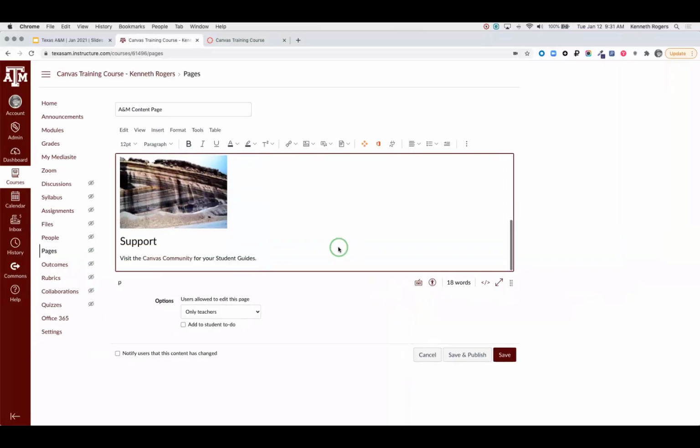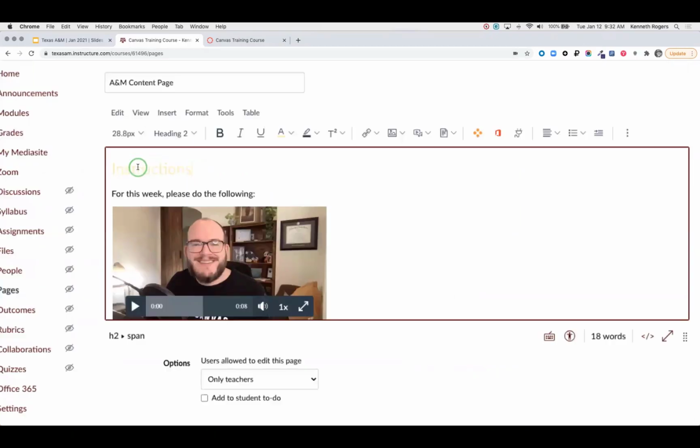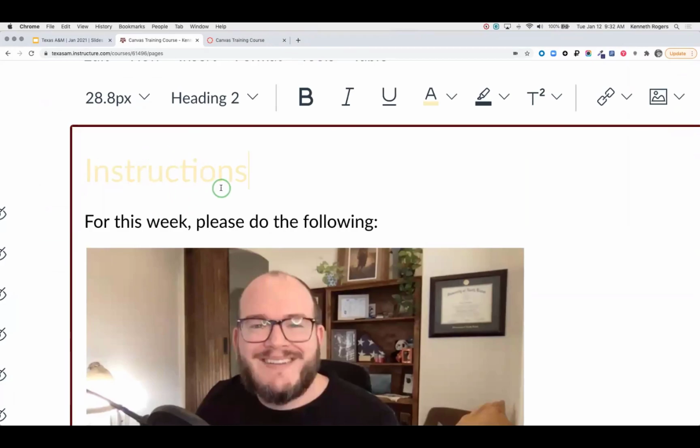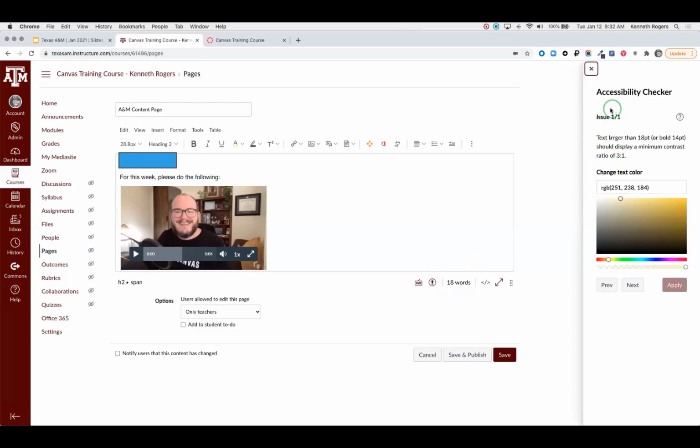Now, I don't think I've got any errors, so let me create an error really quick. I'm going to take the word instructions, and I'm just going to change the font color to this really hard to read yellow. Notice this is really hard to read. So we're going to look at our links, color contrast, images for alt text, and tables to make sure that they're accessible. So we're just going to run the accessibility checker. And there we go. I have one error. So I click the little person in the circle. I have one error. Now what I can do,